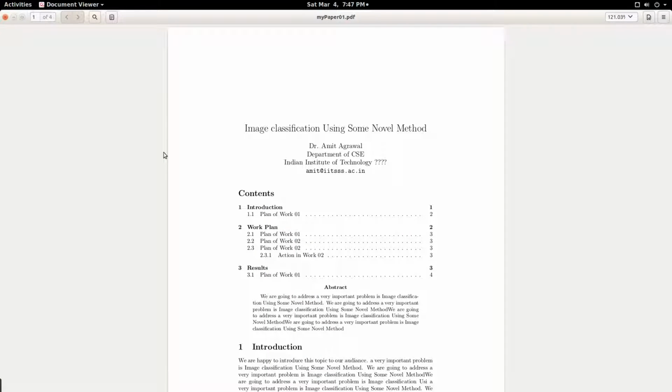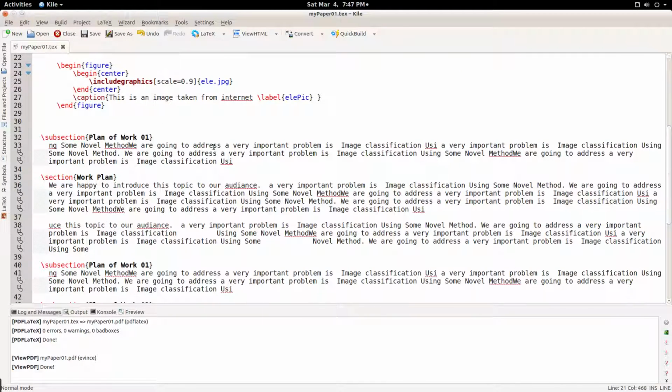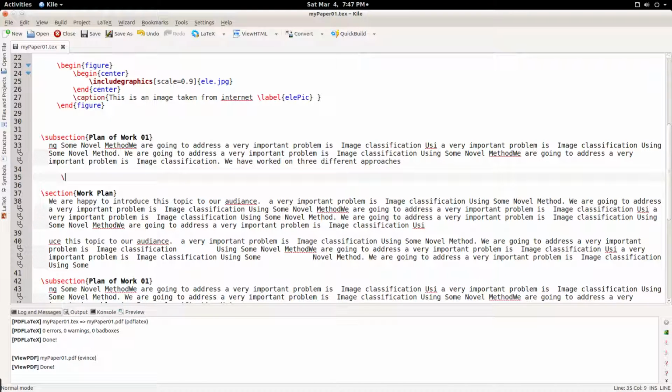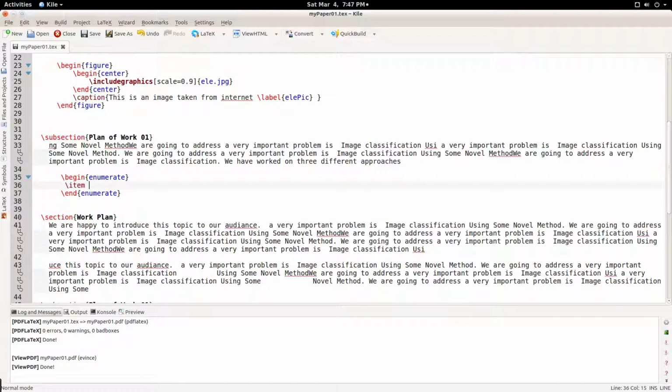And sometimes this is not the only thing that we are going to do. Section, subsection, label we have seen. Sometimes you want to write that I have a very good idea. For example, in a Word document, you want to write we have worked on 3 different approaches. So you start begin enumerate, enumeration means you want numbers. Begin and end enumerate, in between there is an item. The first